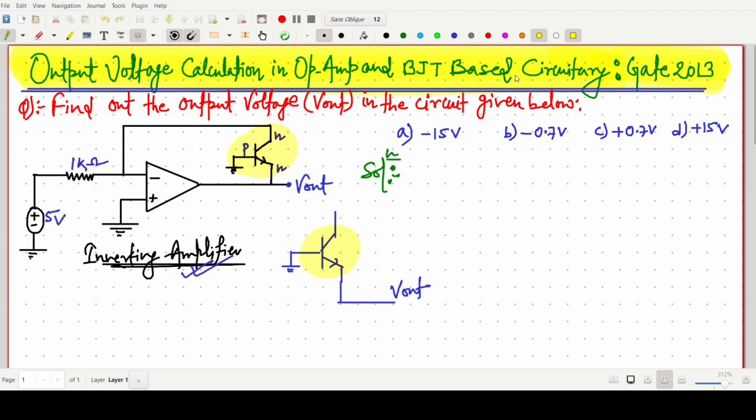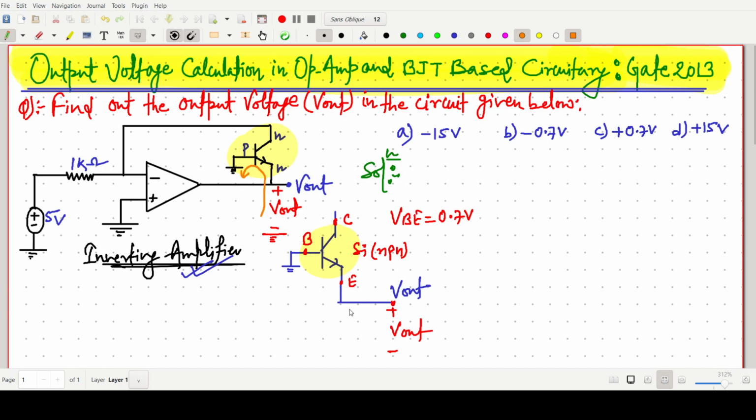So one can also say the V output is plus or minus, and there will be a ground and there should be this V output. This end is nothing but simply the base and collector, and this is our emitter. And as we know, the VBE voltage, base emitter voltage, is always 0.7 volt, because this one is a silicon NPN type transistor. Okay, so if we know this thing, if we apply KVL in this loop,